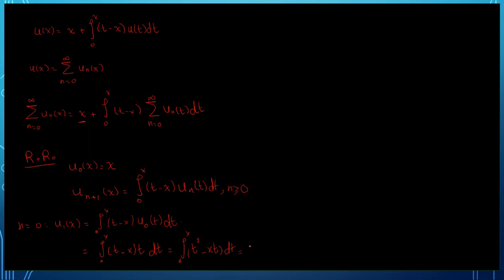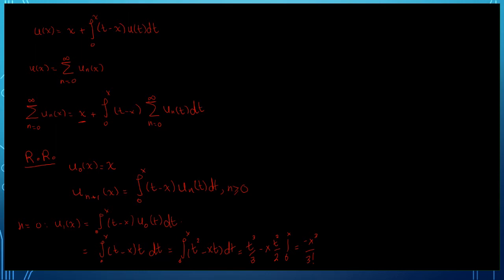and then this will give us t raised to 3 over 3 minus x, x is a constant, so t raised to 2 over 2, and this is from 0 to x. This will be equal to minus x raised to 3 over 3 factorial. Okay,